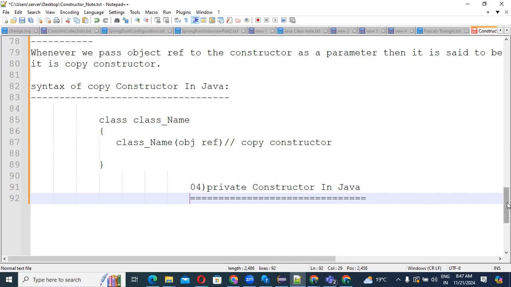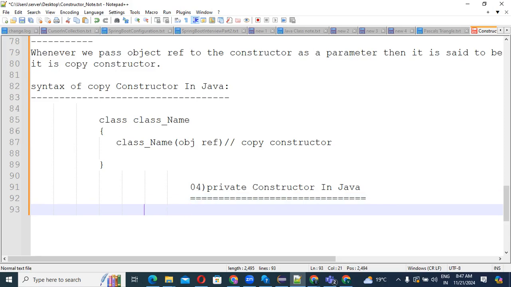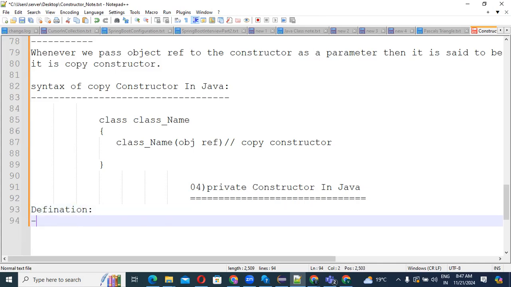We'll explain the design pattern in a coming video, but as of now I will explain the use of the private constructor, which is important in Java. So guys, first I will explain what a private constructor is, what is important about it, and the definition. What is the definition of a private constructor? So guys, see, first I will